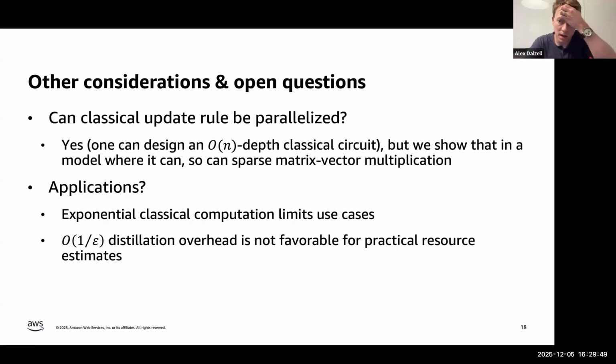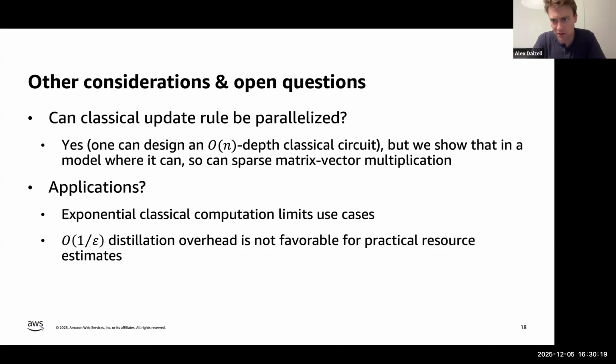And we showed that indeed you can design a classical circuit that implements the update rule in only order n depth, but there are certain features of this circuit which are more complex than RAM. In particular, it has a dense wiring requirement that RAM does not have, which would also allow circuits like the one we write down to perform complex classical tasks like sparse matrix vector multiplication. So you can see the paper for a precise understanding of how this goes.